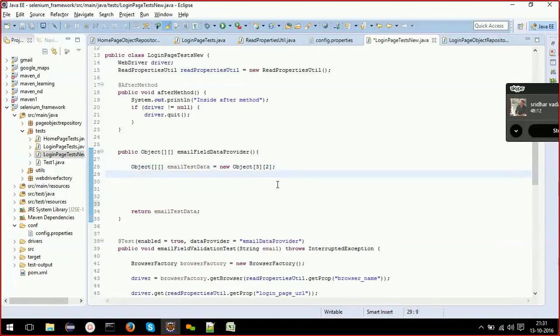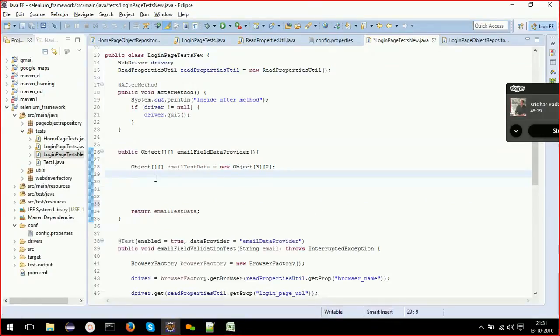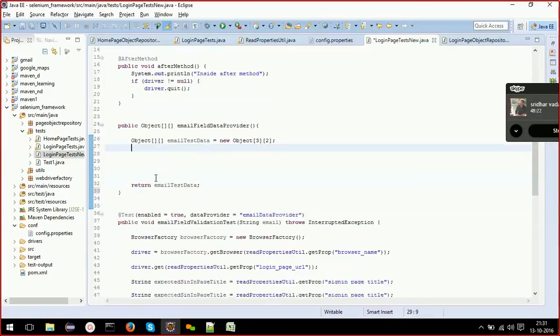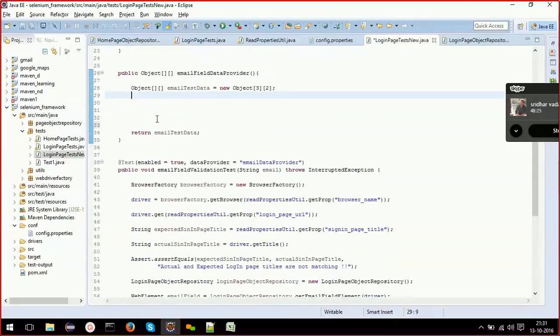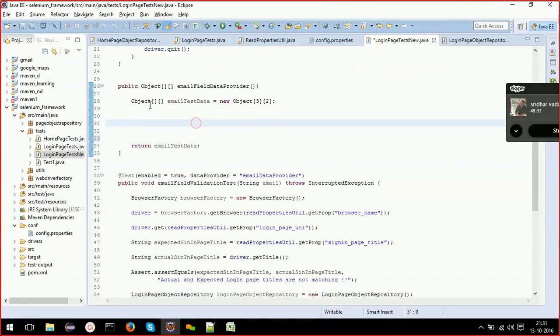Okay. Now before I actually go and create a method to read data from this Excel, I'll first hard code it in the test case and run this test. After that, once you understand how this data provider is working, then I'll implement this Excel part. Okay. So here I'll first hard code data equal to, so 0 0, since I'll first do it like this.